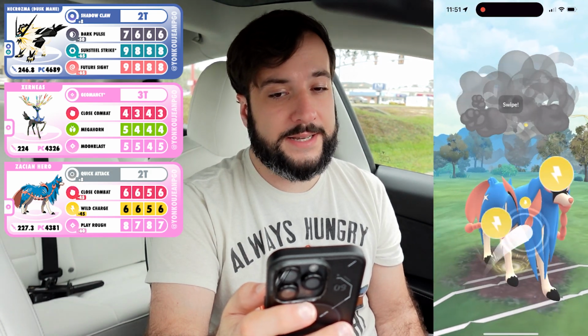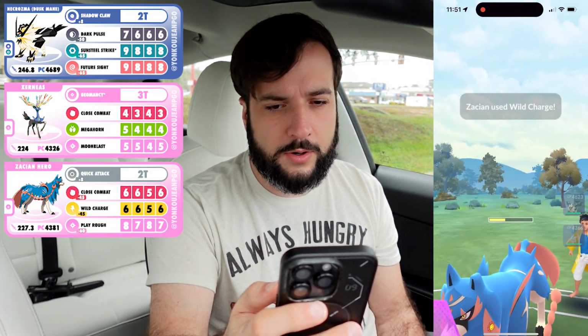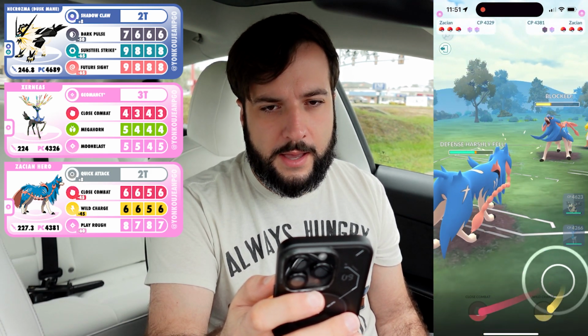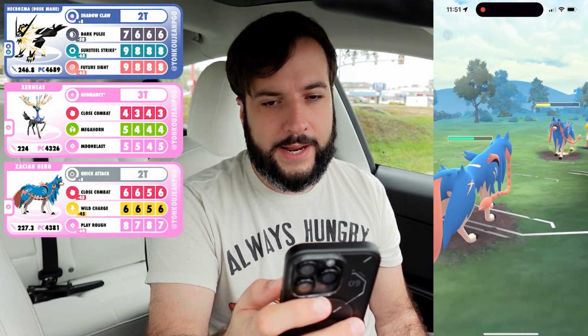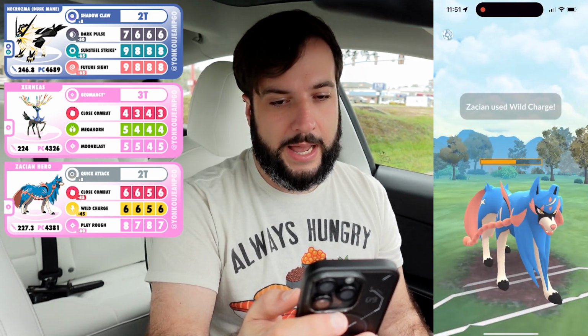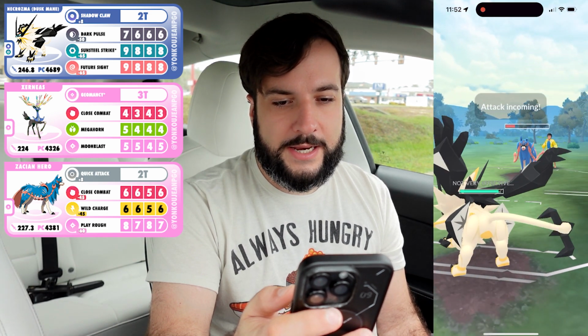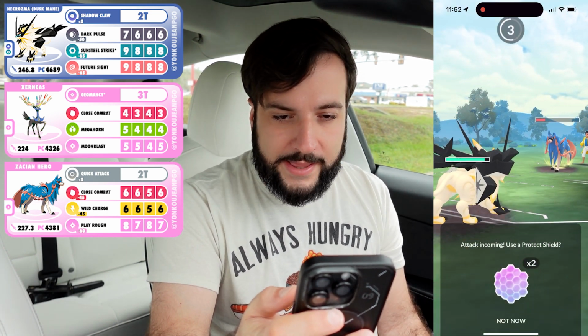But I do have the back-to-backs. I think I saw the Best Buddy ribbon on that Zacian as well, so maybe I would lose the CMP. It's actually 4381 on their Zacian, and now that I'm double debuffed, this Wild Charge is going to absolutely wreck me, and it does. Coming in now with my Dusk Mane Necrozma,